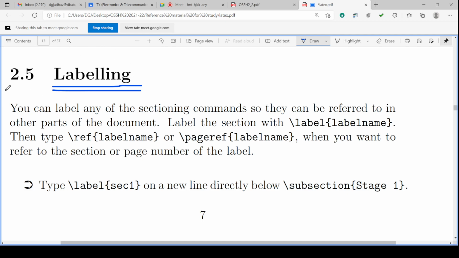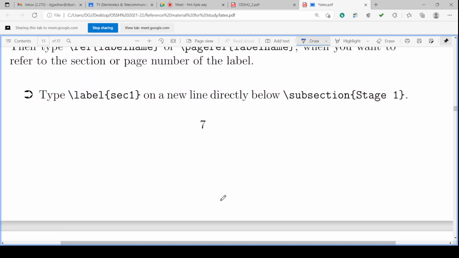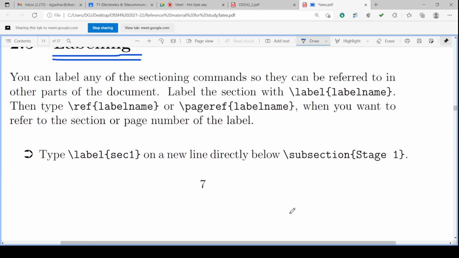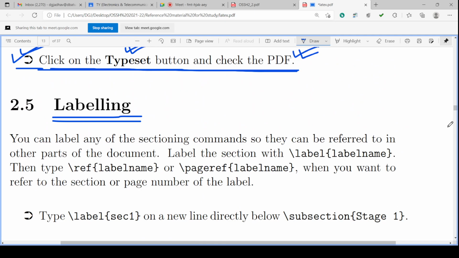Okay, so suppose this is the sectioning command. They can be referred to other parts of the document. Referred to other part means what? If you click here, it will go to its respective part; suppose here it is a reference. It will go to the respective document. I will show you the